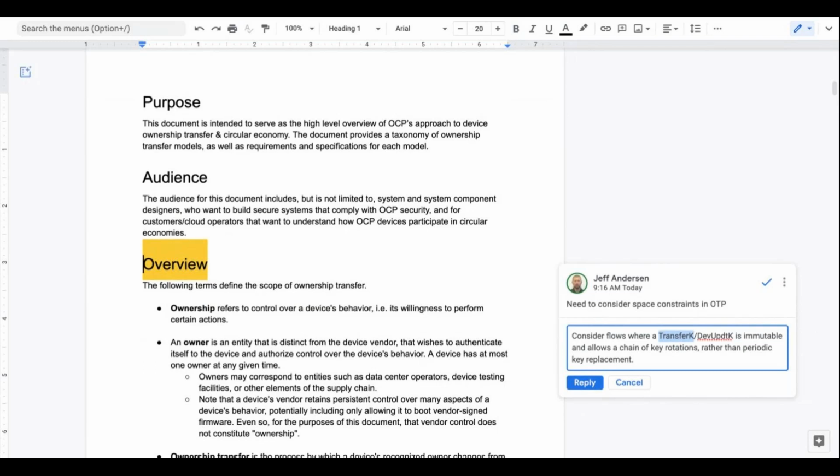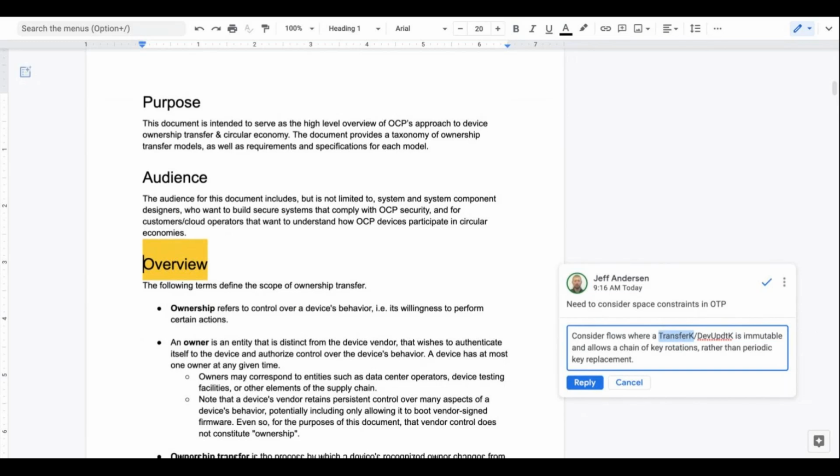Okay. As far as it goes from the immutable key, I think it will be better protection for the system, so no one can provision random keys. So basically, I think that flow can be satisfied by having the device's initial transfer keys in OTP, and then you can put new transfer keys in there if they're authenticated by the prior ones, and then the new transfer keys have authority, and so on.